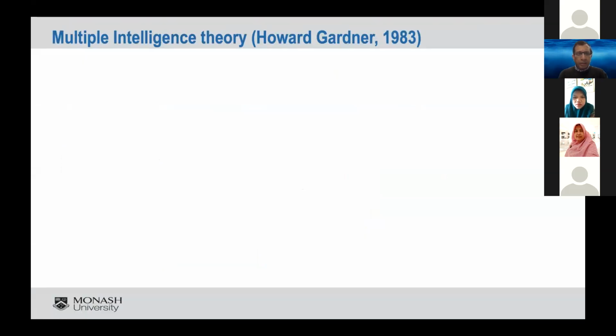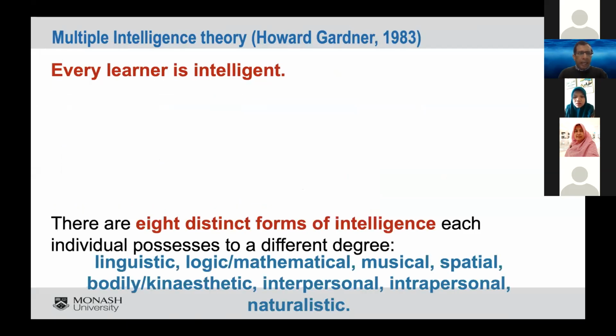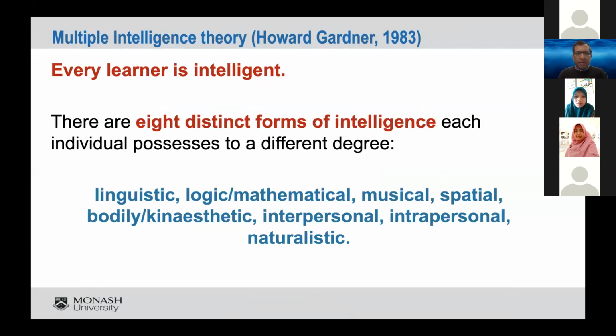So here's the first one. Howard Gardner talks about the multiple intelligence theory, and he says everyone has a different type of intelligence. Some of us are good with mathematics. Some of us are good with playing music. Some of us are really good with social skills. Others are good athletically. Others are good with language, things like that. So these are different forms of intelligence. This is one kind of invisible intelligence that we don't see, but it is there.